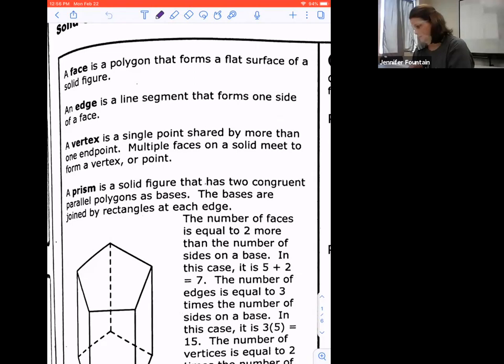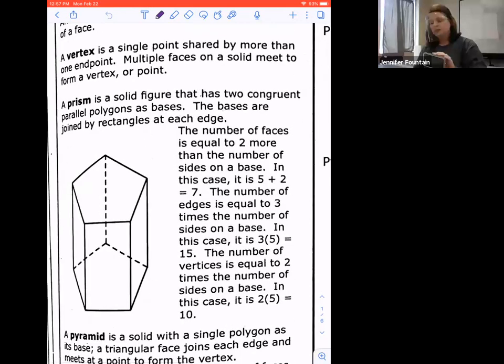The vertex on my phone is round on the corner, so that doesn't work, but my book would work. I can use my book to show this is a face, and where they join they form that edge. Now the points: when I have three faces that join together, multiple faces on a solid form a vertex or a point. And then a prism is a solid figure that has two congruent